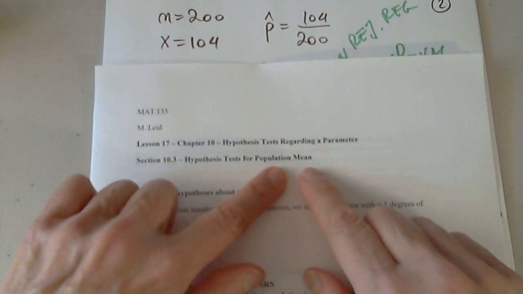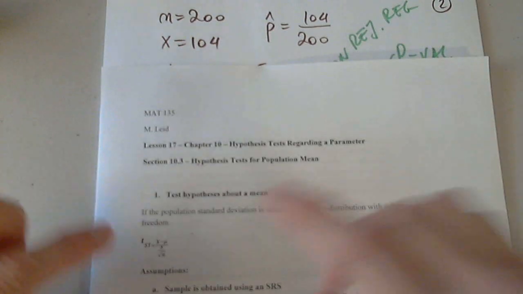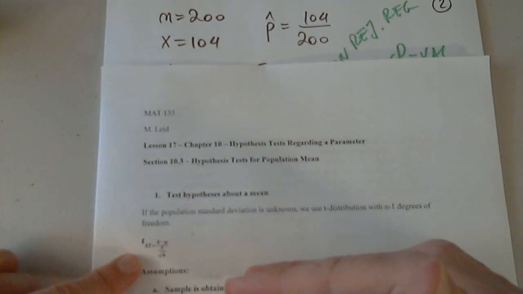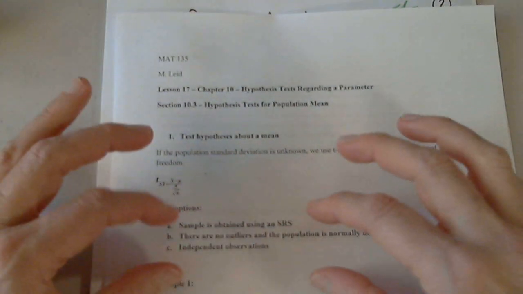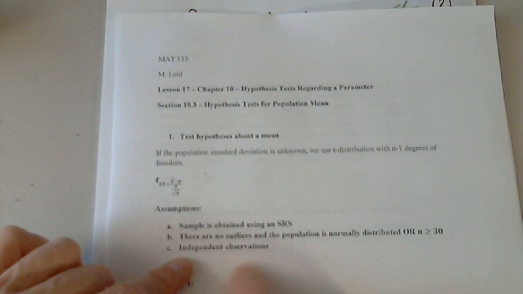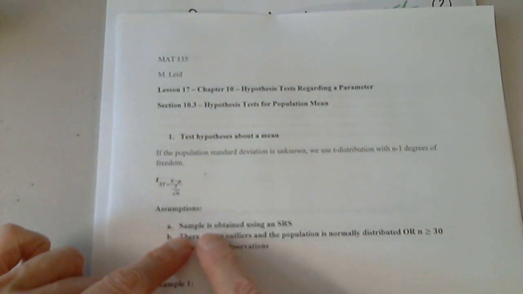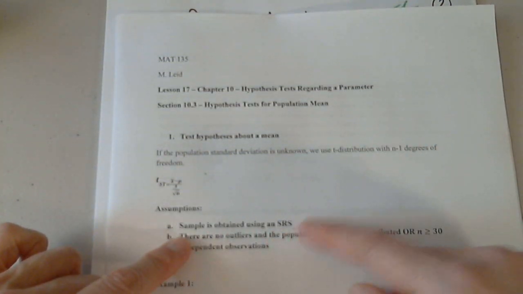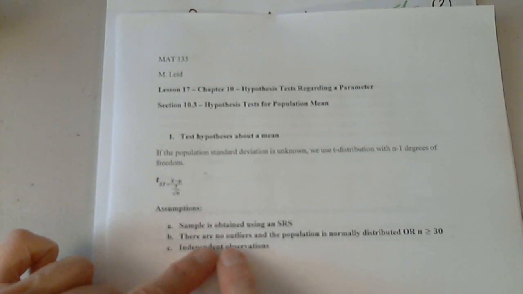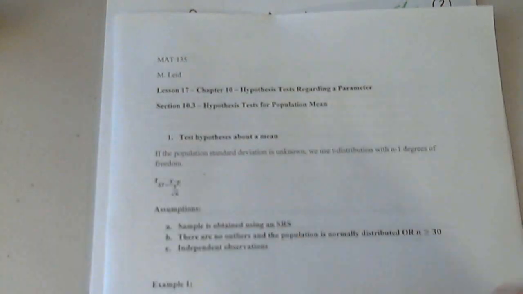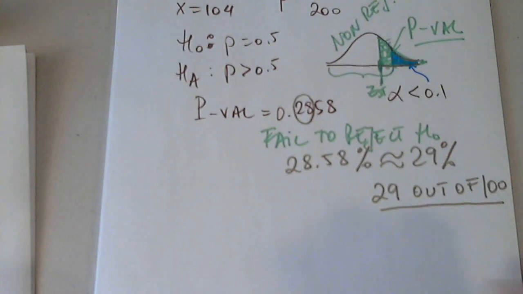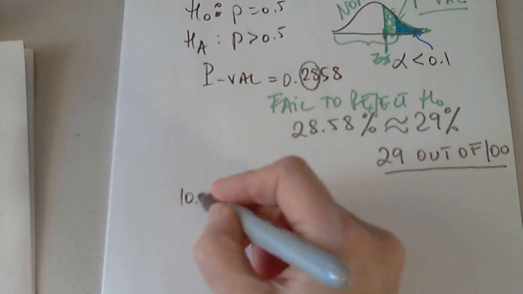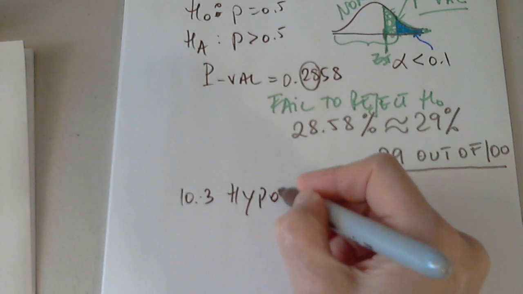proportions, but now we're working on population mean. And the only difference between the two situations are the assumptions, or what I need to test. That's different. Of course, independent observations is still the same. A sample has to be from a simple random sample, and the normality. But I also have here outliers as well. So pretty much same idea. And this time we're going to use the t-test. That's the only difference. So 10.3,